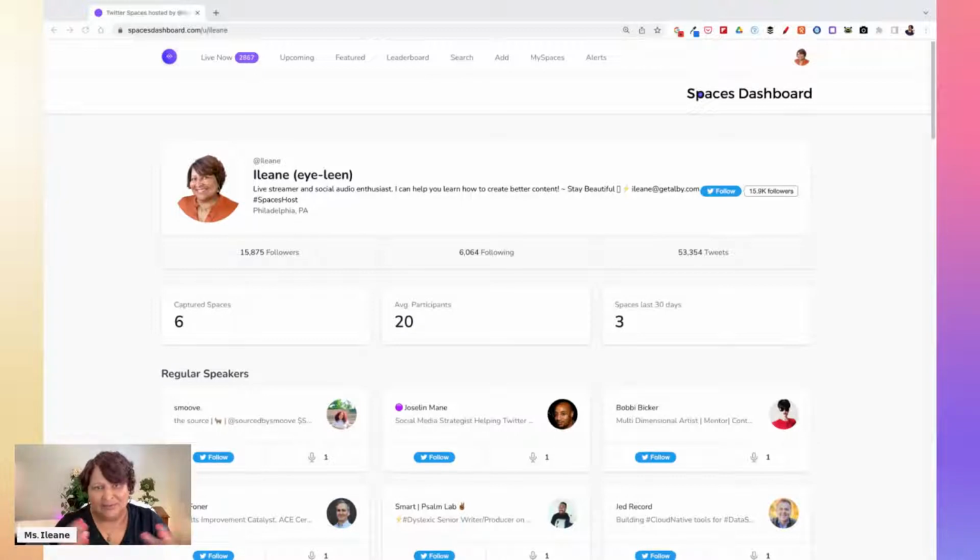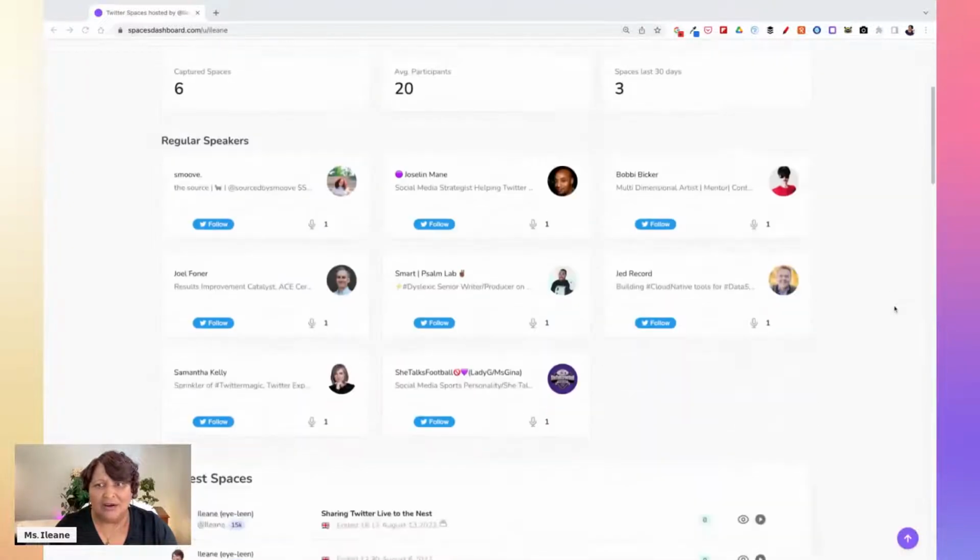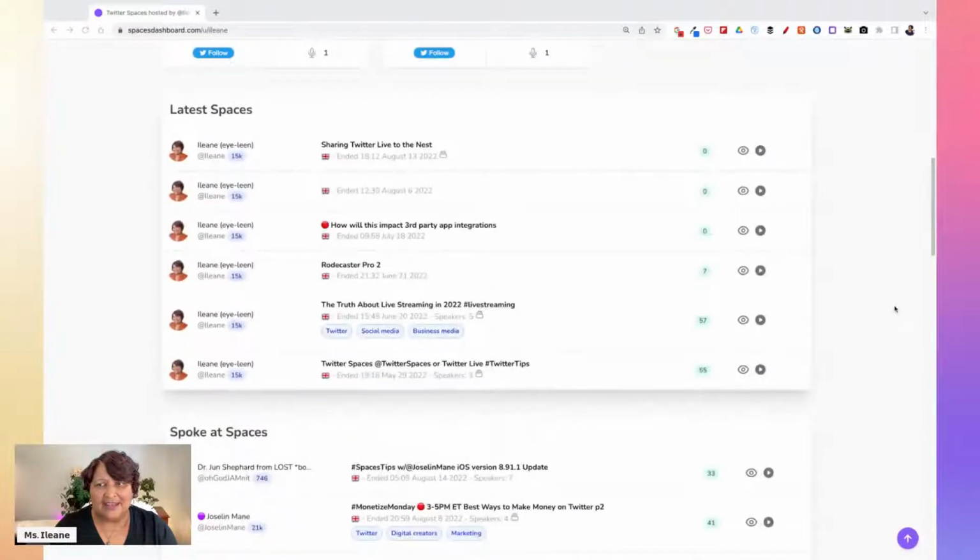And when I'm using the word communities, I also want to mention that Twitter has a feature called Twitter Communities. But when it comes to Twitter Spaces, it's great that you can start up a community and start talking about a topic that you are familiar with,